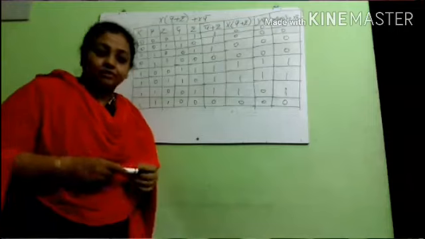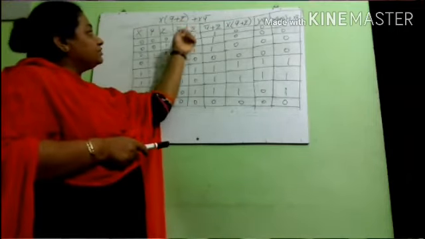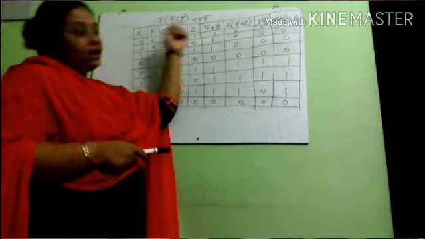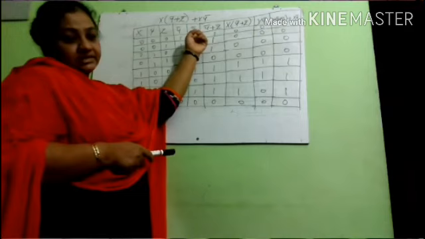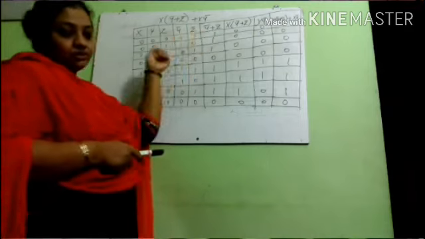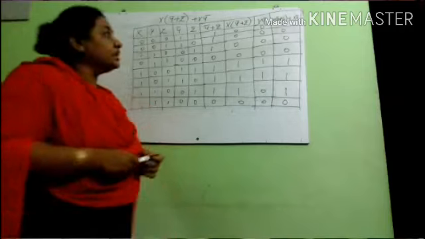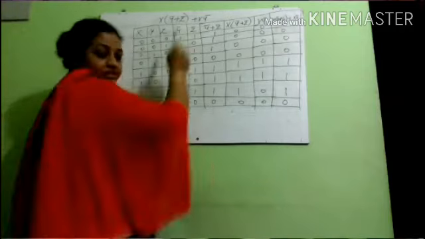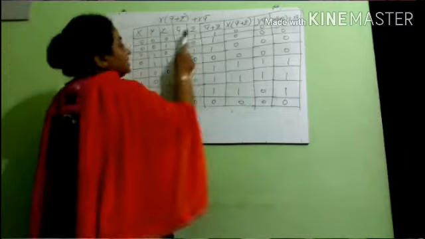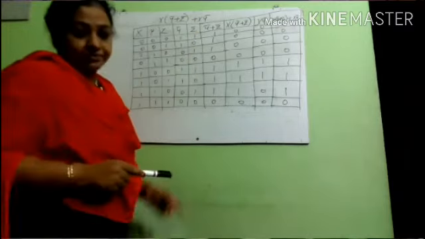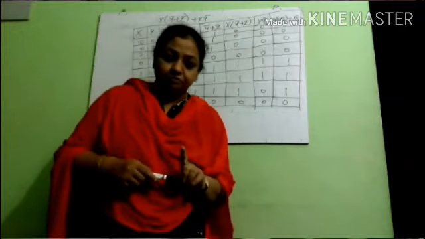So here first we will see how many variables. There are 3 variables, which we are representing as x, y and z. Then we will see if there are any complements. There are 2 complements, that is y bar and z bar. How are we getting y bar? It is the opposite of y. How are we getting z bar? It is the complement of z, that is the opposite of z. If there is 0, write 1. If there is 1, write 0. Now first we will perform the operation within the bracket, that is y bar plus z.